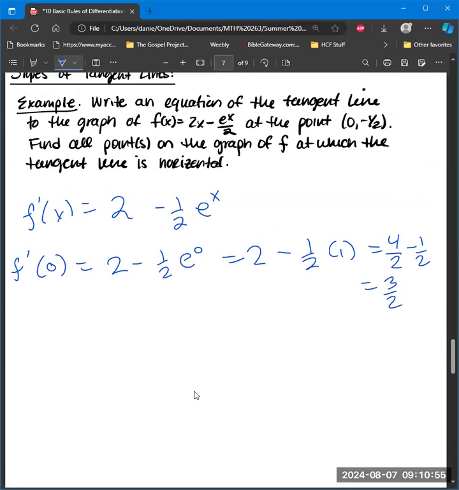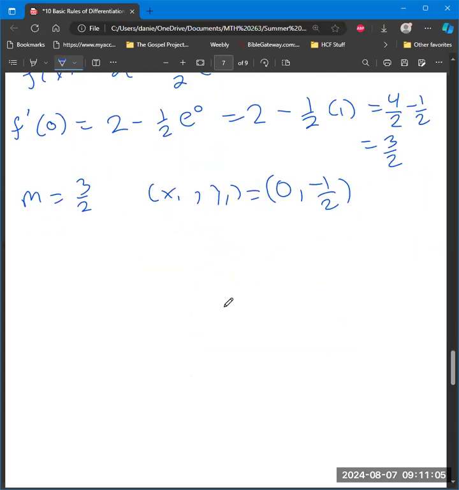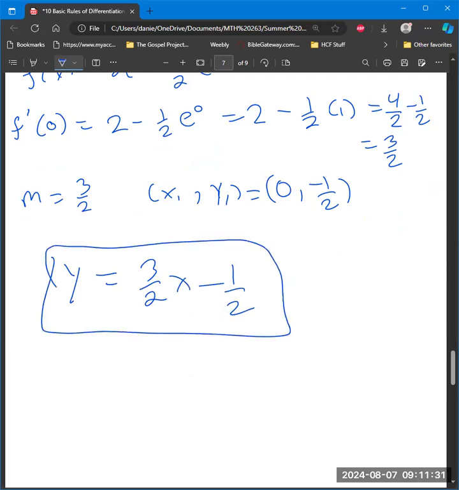And I have the slope is 3/2, and I have my x1, y1 is given to me as 0, -1/2. And so I'm going to use my point slope form y minus y1 is equal to m times quantity x minus x1. That's a y-intercept, so I actually can just go ahead here and use y equals mx plus b instead. Y equals mx plus b. So